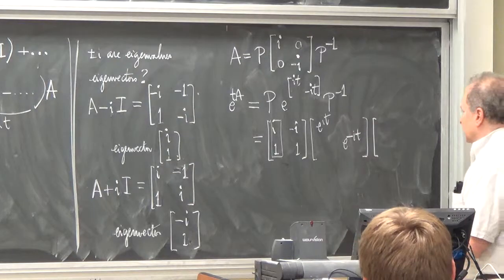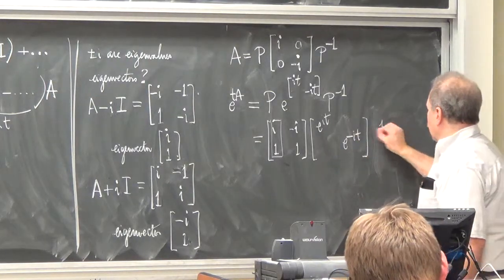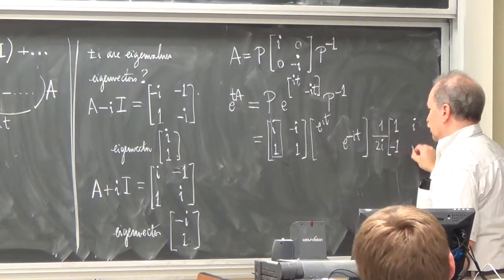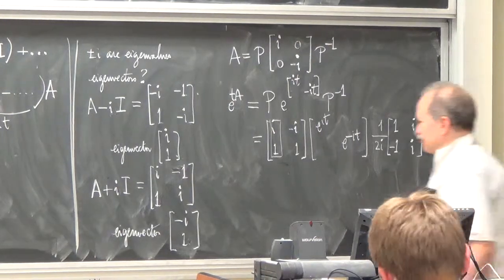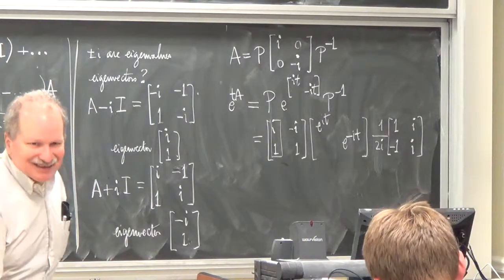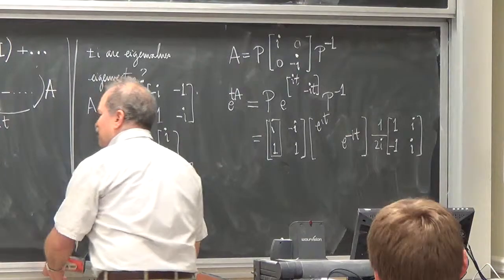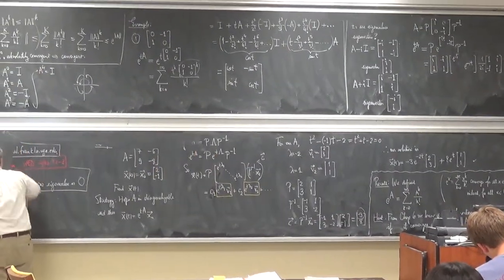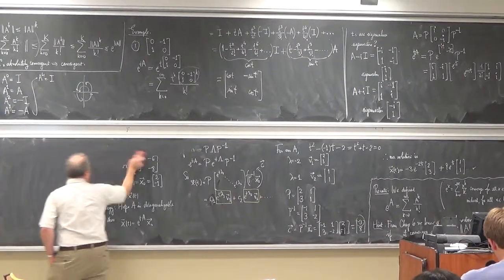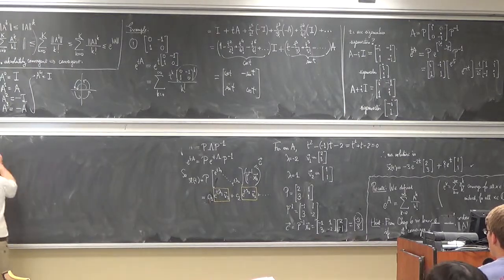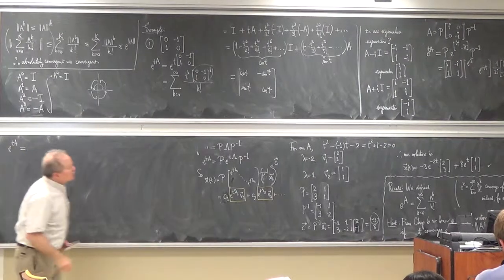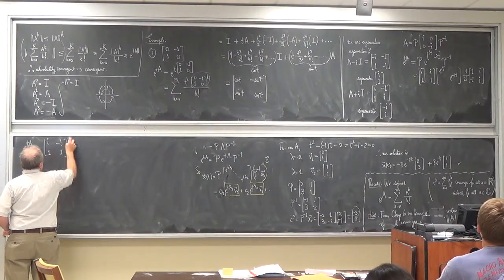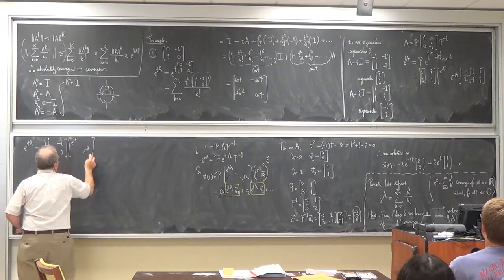And then P inverse. Well, all right, what is P inverse? 1 over 2i, 1i, negative 1i. So I'm not going to punt this because I want you to see where this gets us. So let's finish this on the other board. What have I got? I've got i1, negative i1, e to the it, e to the negative it, and then I've got